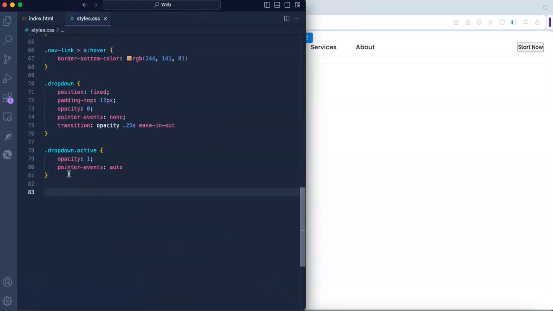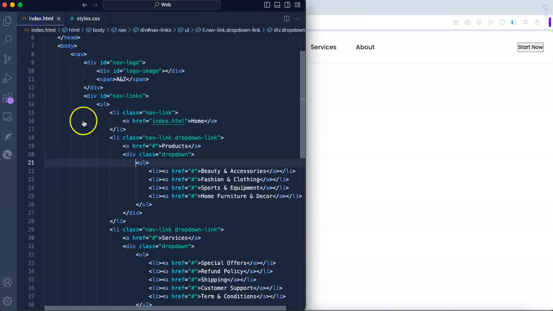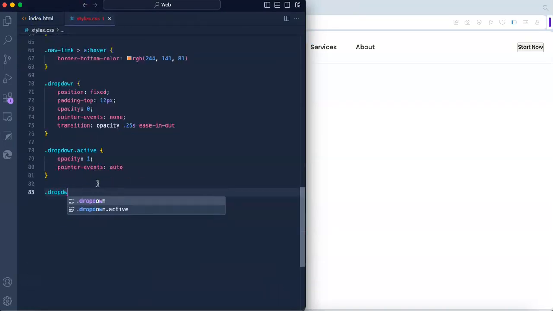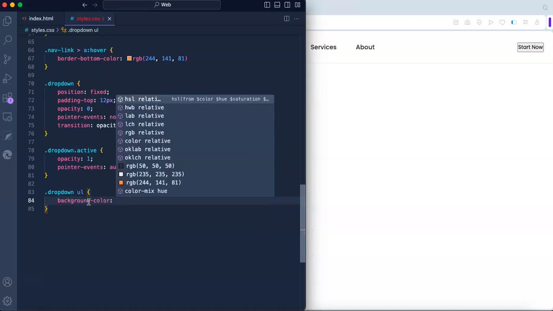So in order to select this unordered list, since it is the only unordered list in this drop-down class, we're going to be selecting it with its parent element, the drop-down class, and then we're going to select the unordered list element, the element that we want to modify at the moment. So right now, we're first going to set the background color of the drop-down menu to